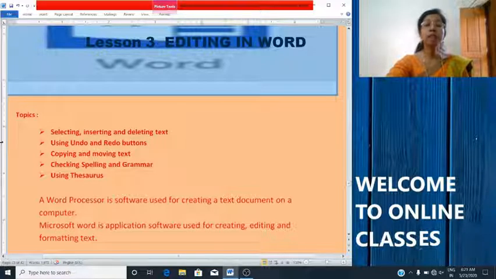Then using undo and redo buttons. Copying and moving text. Checking spellings and grammar. Using thesaurus. So we will be discussing about all these points.